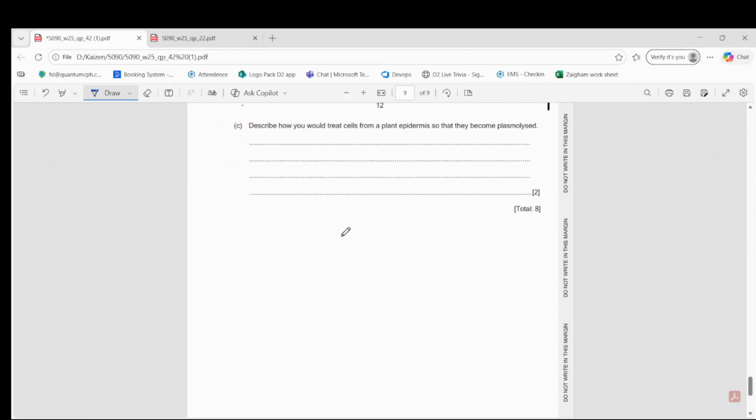Describe how you would treat cells from a plant epidermis so that they become plasmolyzed. Why do cells become plasmolyzed when we place them in a solution? It's in chapter number 3. Good. A concentrated solution of salt or sugar. The very key word is concentrated solution, and concentrated solution of what? Of salt or sugar. So what you need to do,